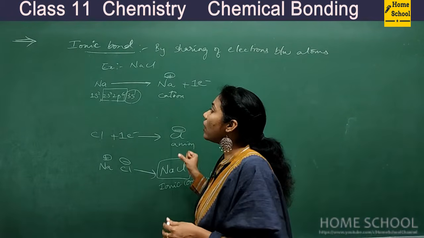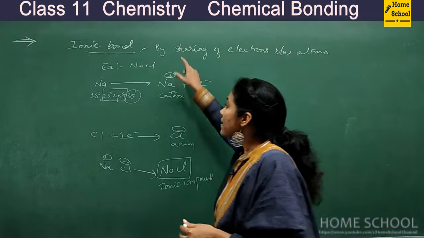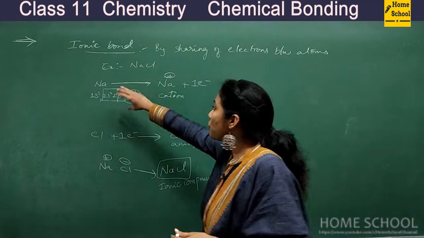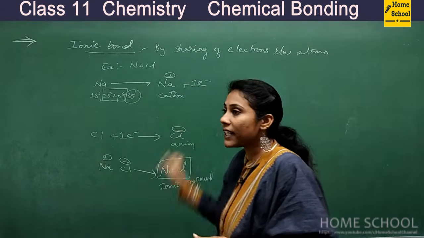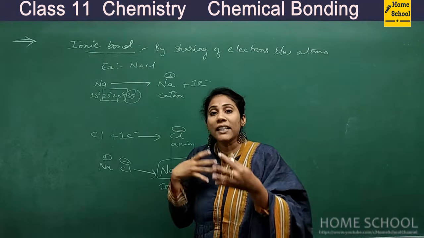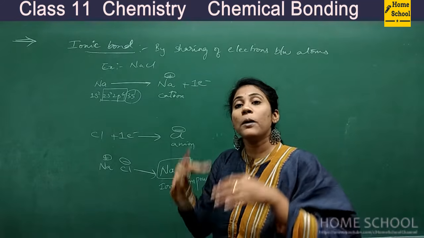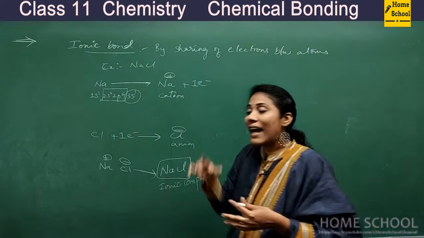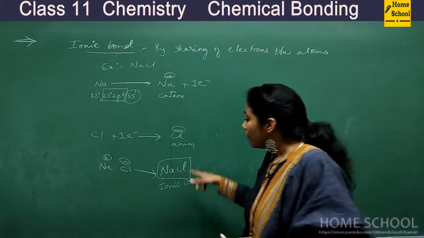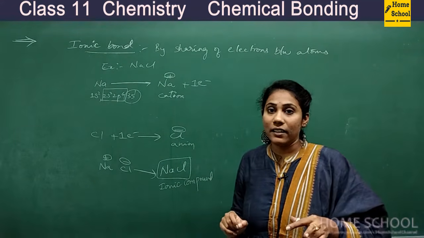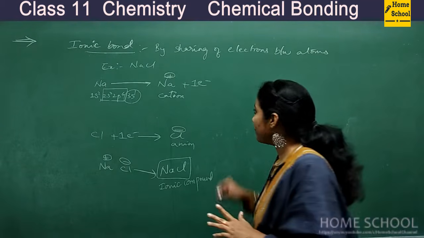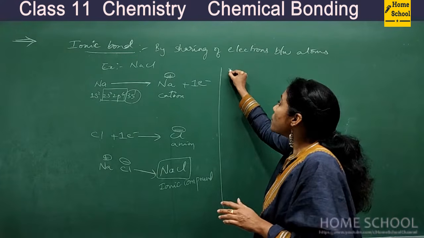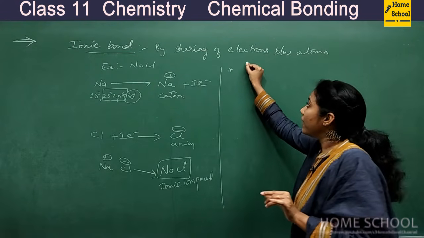So this is the way of showing the formation of an ionic compound. This itself we call transfer of electrons. Electron has transferred from the sodium atom to the Cl atom. Sodium gave the electron, Cl took the electron. That way both atoms obey the octet rule, both atoms become stable, and they stay together as a stable compound, which we call NaCl, an ionic compound. And there are certain conditions to form an ionic compound. That's what we have to discuss in a detailed way.